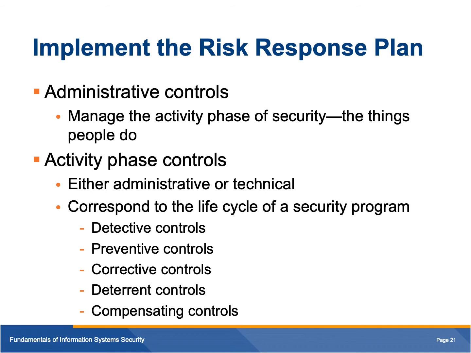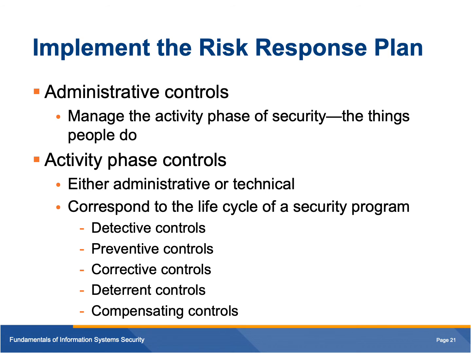Corrective controls are reducing the effect of a threat. So when you reload an operating system after it's been infected with malware, you're using a corrective control. Forensics or incident responses are other examples of corrective controls. Deterrent controls are actions where we're trying to deter an action that could result in a violation. So there's a fine line between deterrent controls and preventive controls, but deterrent controls merely attempt to suggest that